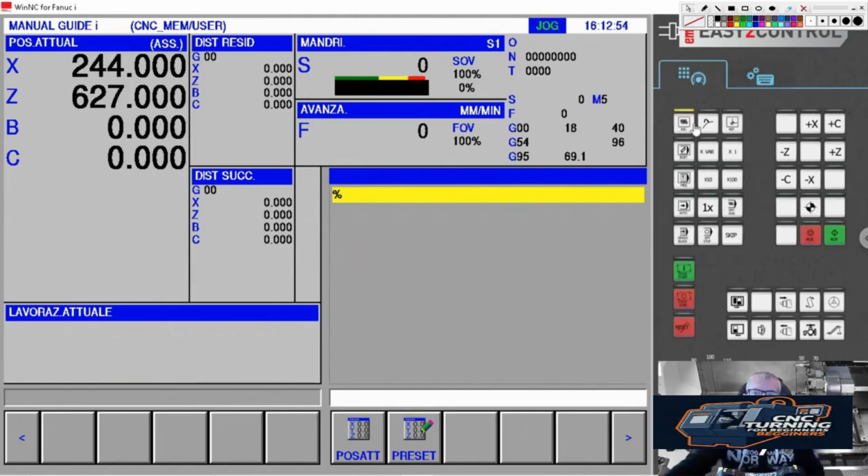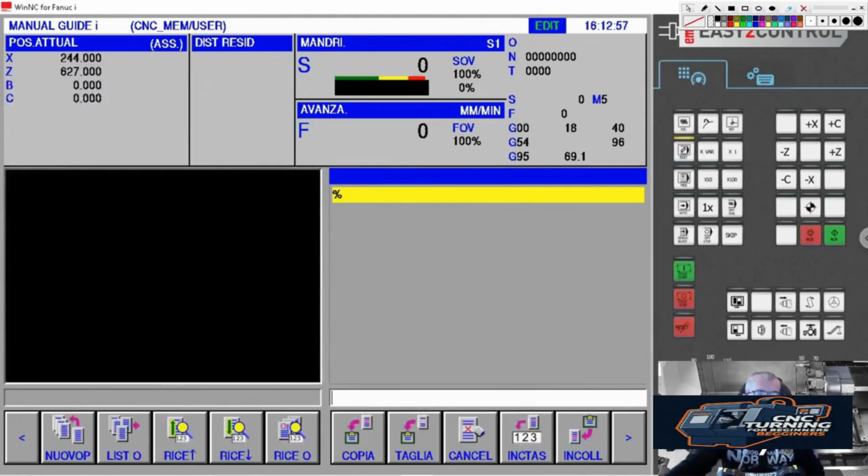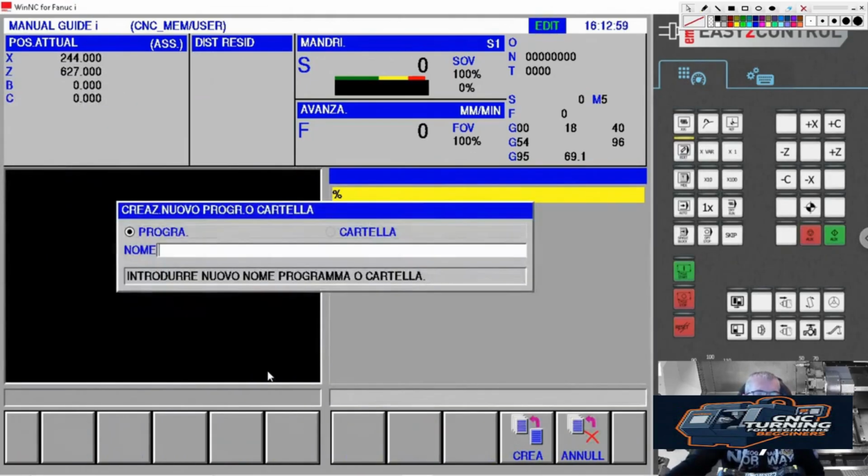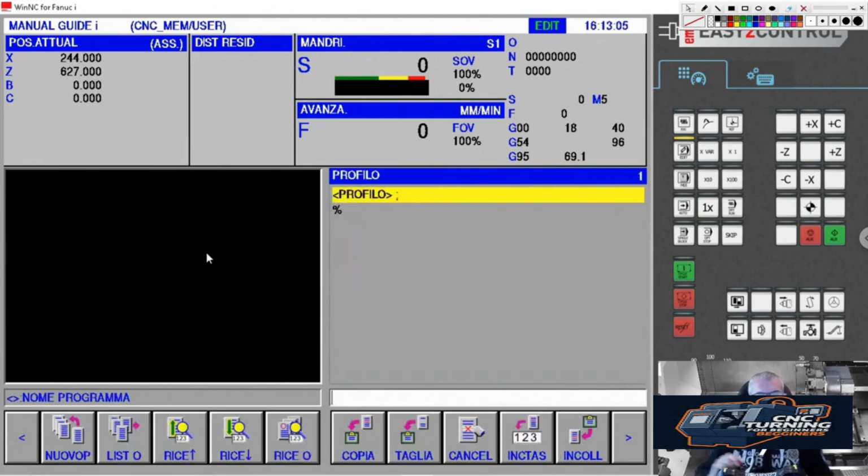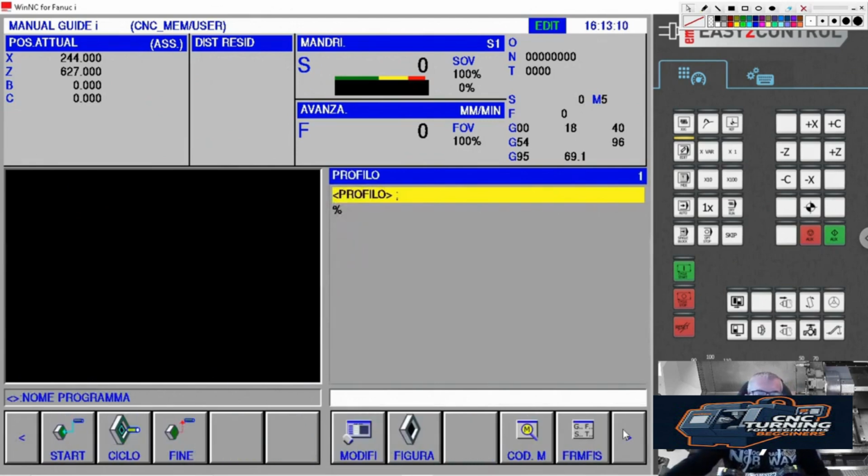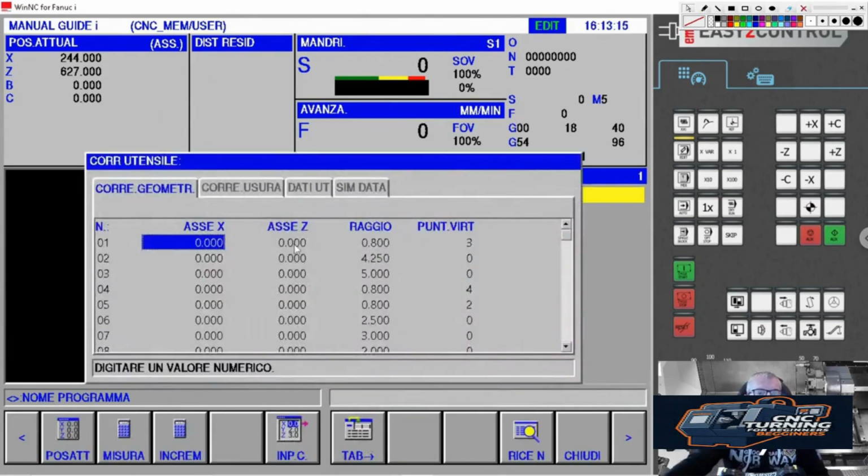We start from scratch. So we go into Edit, create a new program that we will call Profile. We go as Manual Guide into our tool table, Tool Offsets, and tell it that we are working with tool